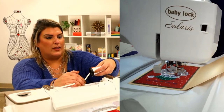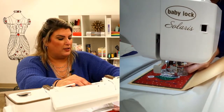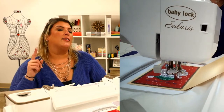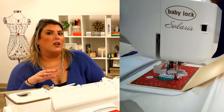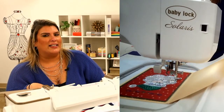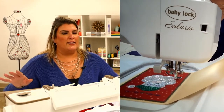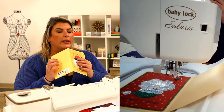Where do you purchase cardstock? If you're looking for cardstock, we like to buy it from Staples, Office Depot, any type of office store. They'll have it fairly cheap. A lot of times they don't have a lot of colors, though. So if you're looking for colors, you're going to want to go anywhere that has specialty stationery, wedding stationery, anything like that. There are lots of different colors and sizes. But keep it easy. This is not specialty embroidery stationery by any means. It's regular cardstock that we get at